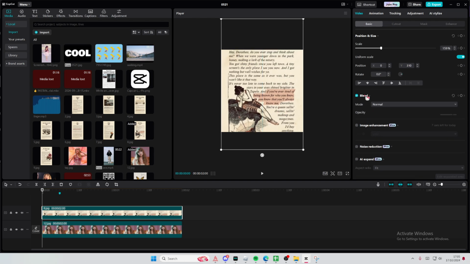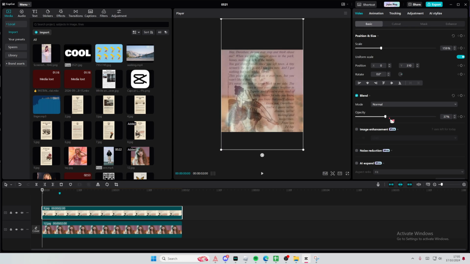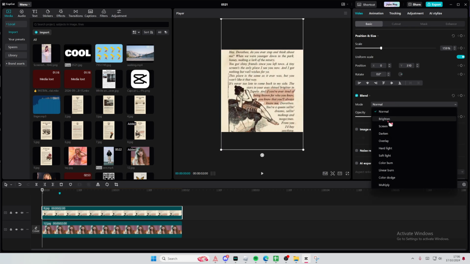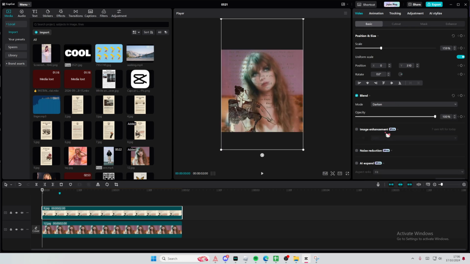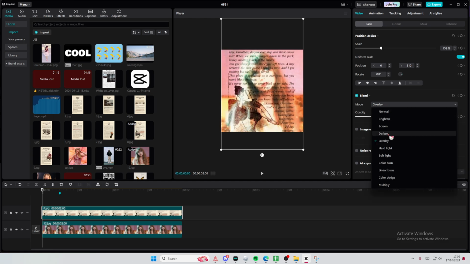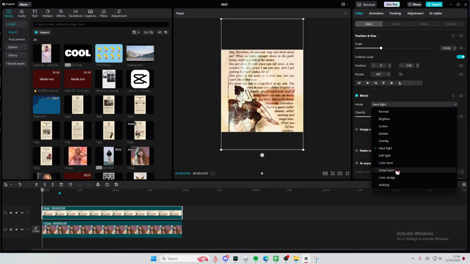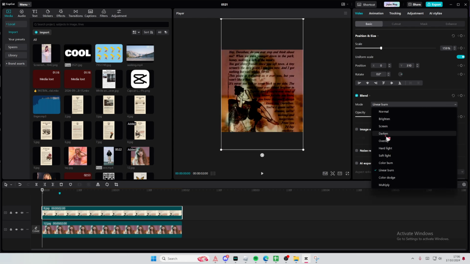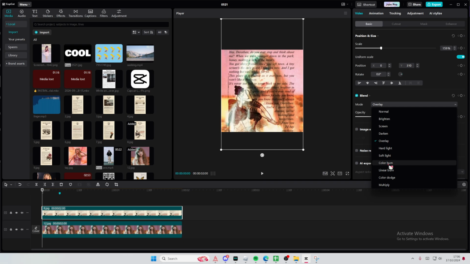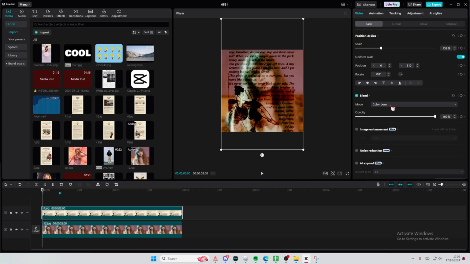videos. So go to the blend mode section here. You can adjust the opacity. You can select the blend modes that you want to add. There's overlay. Just select whichever one suits your photo or your videos the best. Just going to go with the overlay one, I think, or the color burn one, but that is pretty much